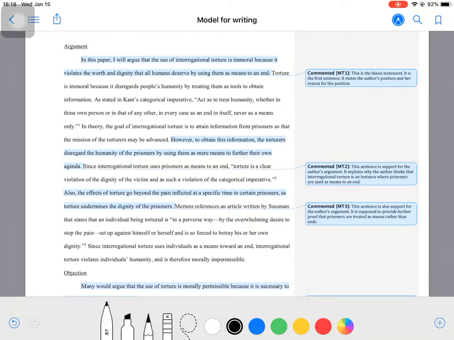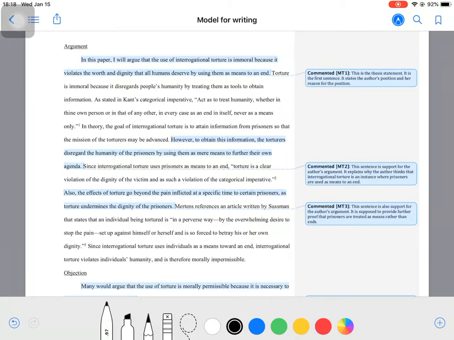Writing a philosophy paper is different than writing a history paper, a book report, or something even for a poli-sci class. We're dealing with arguments here, and we want to be able to say what the argument is and also what reasons stand in support of that argument, and then unpack those reasons for the reader. But let's take a look at the first sentence here.